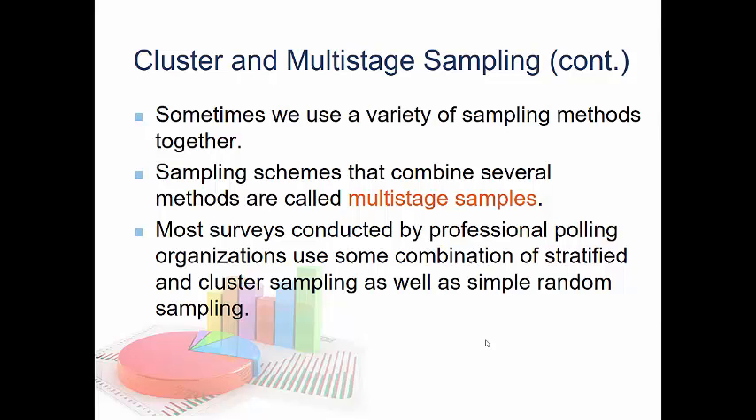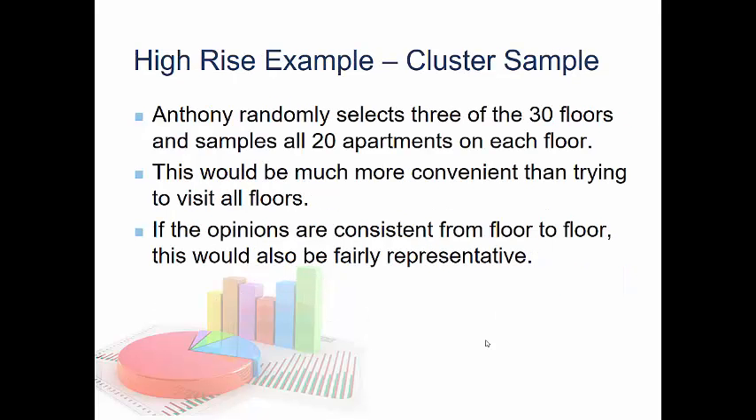So going back to our high-rise example for a cluster, let's say what he could do is randomly select 3 of the 30 floors and then hit all 20 apartments on each floor. That would definitely be more convenient than trying to take the elevator to all the random floors. And if the opinions are consistent from floor to floor, this would be fairly representative. The problem might occur if, let's say, you have the penthouse as the top floor, which is very different from the bottom floor. So if you leave something out that's very different, then you could get